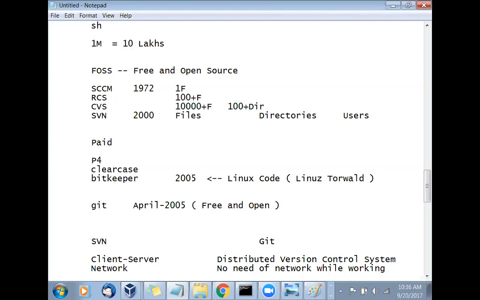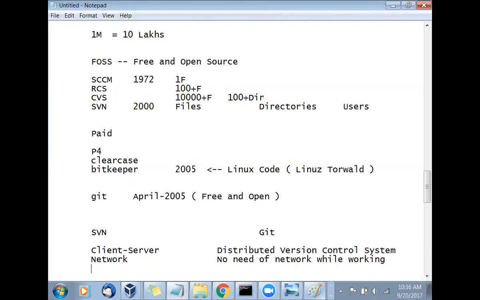People say, sorry, I can't be creative sitting 24/7 in the office, right? I can be anywhere and do the code change anywhere. Good. That's the number 2 advantage. I don't need a network for offline working. You can work offline, and later, once the server is available, synchronize with it. Done. No problem.